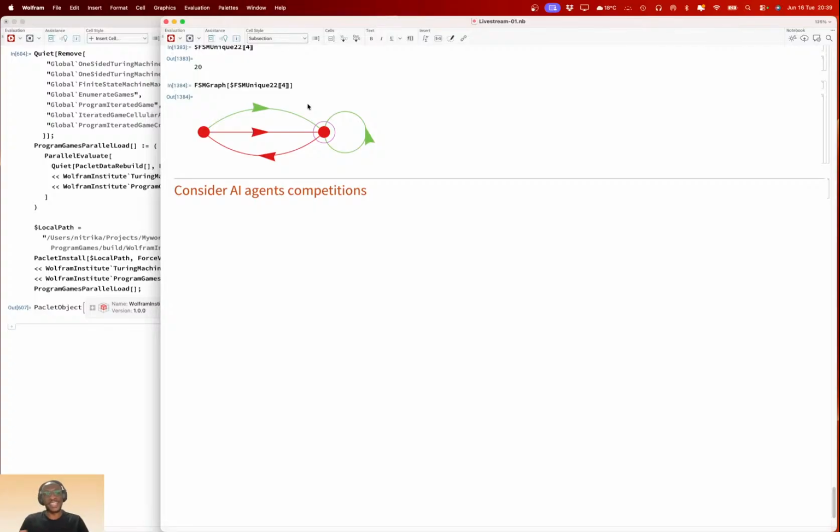So maybe you have agents and you want to select the best agents to do the job. One way you can do that is play games, right? Selecting the best agents to perform a task, you play